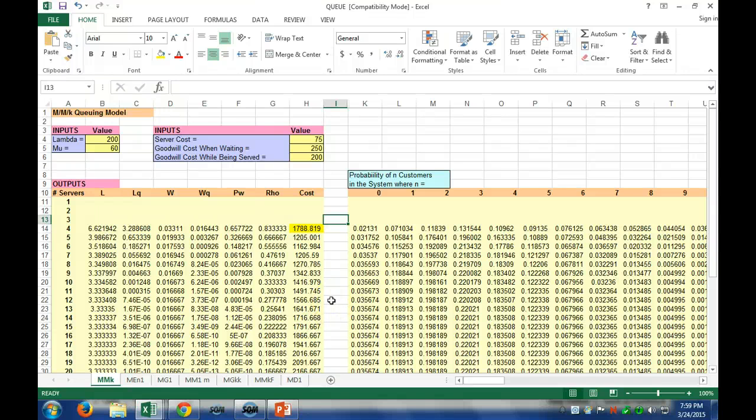So if I am a convenience store versus maybe a utility company or someone else that has kind of a monopolistic relationship, this goodwill cost matters differently, right? If I'm a convenience store, that goodwill cost is really important to me. That goodwill cost when waiting, I want to minimize as much as possible because convenience is in my name, for God's sake, right? They want it to be fast.